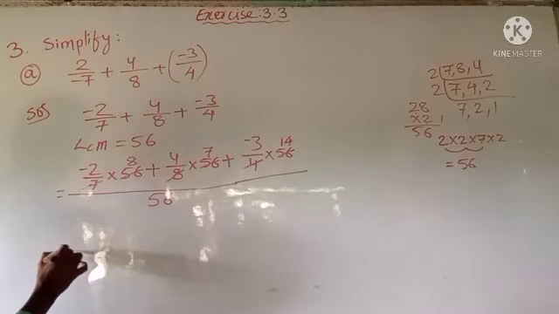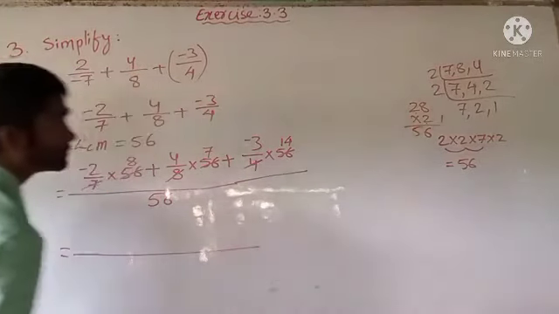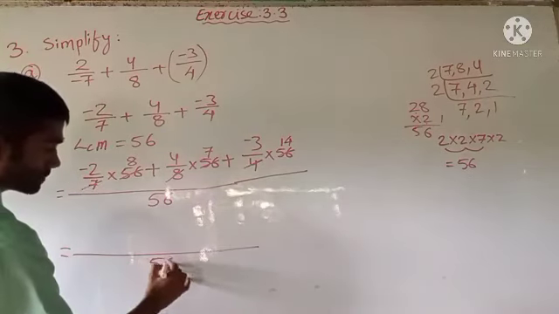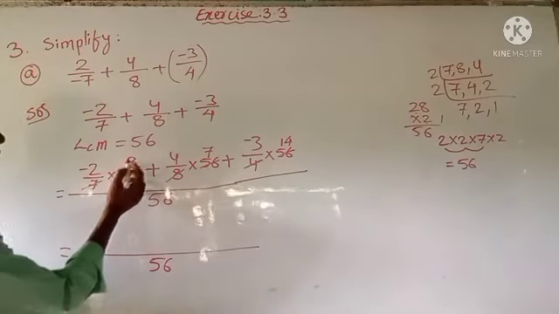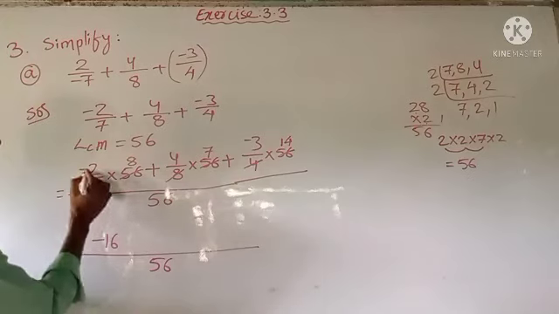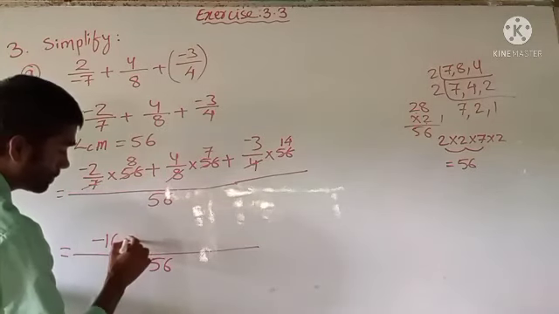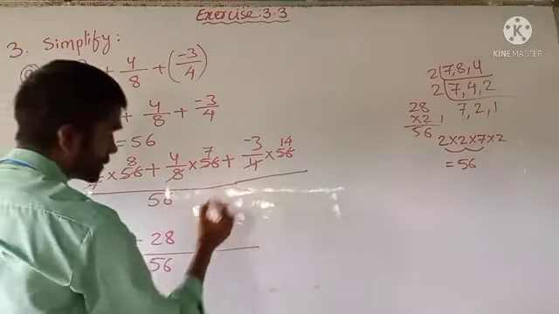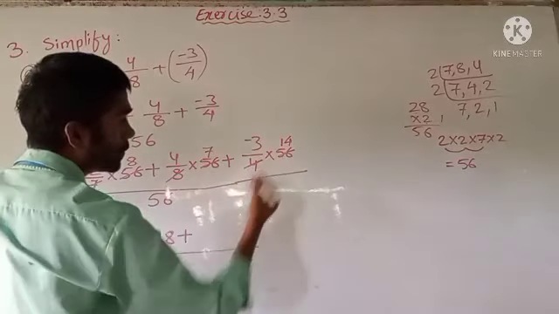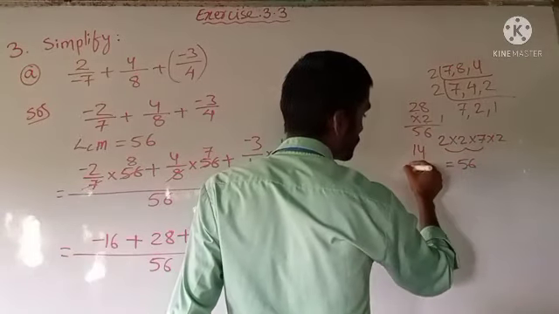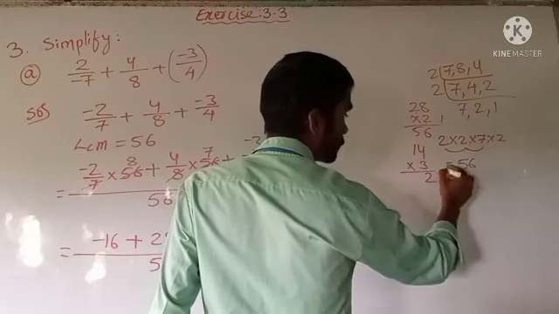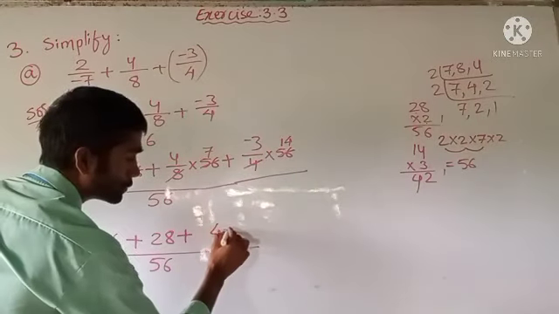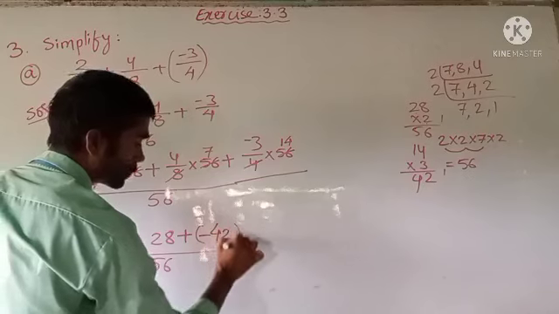Now here minus 2 into 8. So let us multiply this one and write it directly. Minus 2 into 8 gives 16, and minus into plus is minus. Now again here plus 4 into 7, it is 28. Now again here it is plus, so plus minus 3 into 14. So let us multiply 14 into 3. 4 3s are 12, 2 carried, 3 1s are 3 plus 1 is 4. So we got 42, and the sign is minus here, so minus 42.